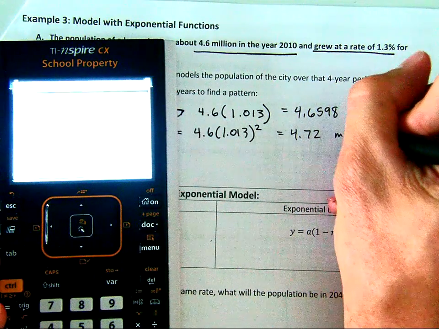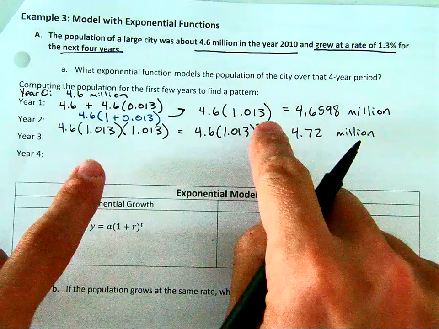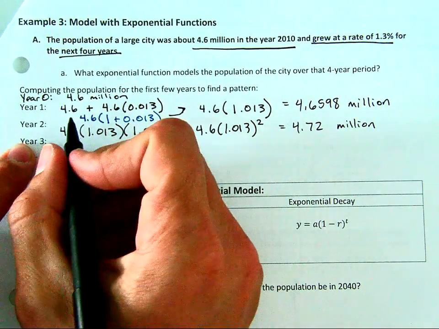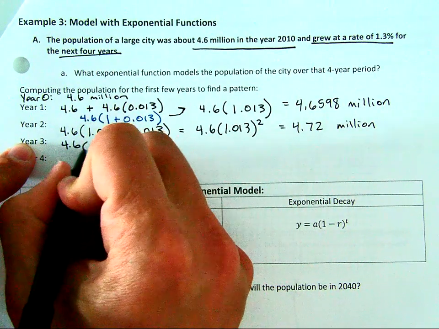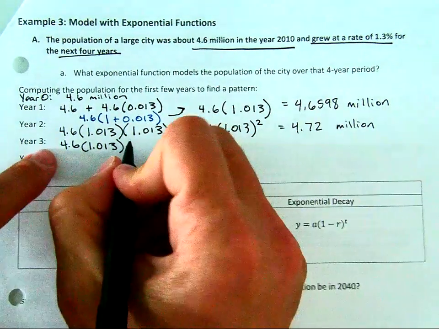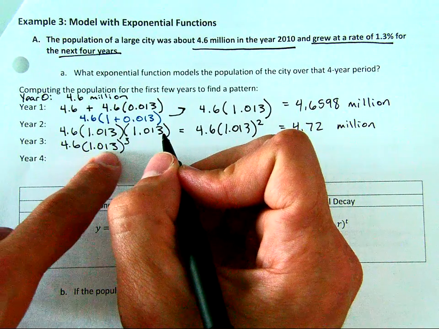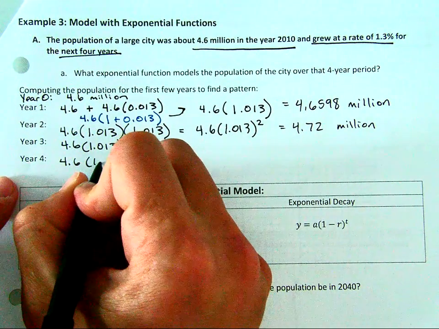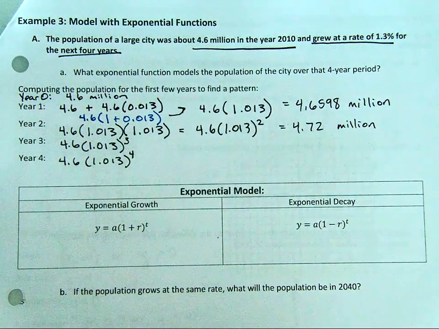Every year that passes by, we're just going to increase the exponent. So year 3 will be 4.6 times 1.013 to the third. Year 4 will be 4.6 times 1.013 to the fourth. Okay. What this allows us to do is, because we can identify this pattern, there's going to be a generic formula